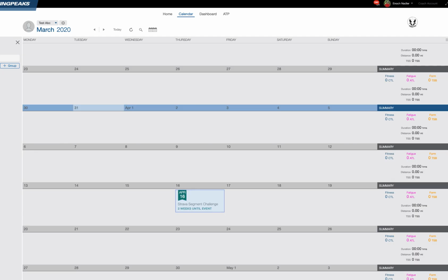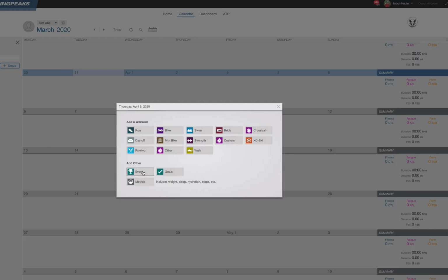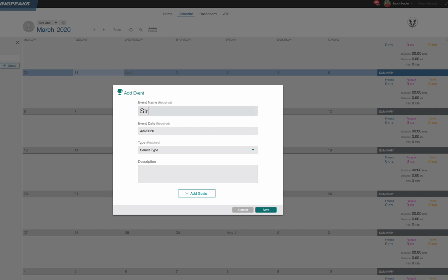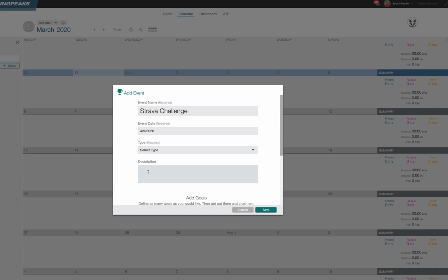And what you can do is go into your Training Peaks and set a Strava segment challenge for yourself. So say you want to try one next week on the 9th. You go here, you hit add an event, you can name it Strava Challenge, and then you could copy and paste the links to each of those segments, and then also create a goal for yourself either here using this or just write it below each link. What I recommend doing is finding maybe 1 or 2 or 3 different segments that you want to chase on any given day. And this is something we can do in the coming weeks, months, and over the summer to really challenge ourselves, push ourselves, and have some fun